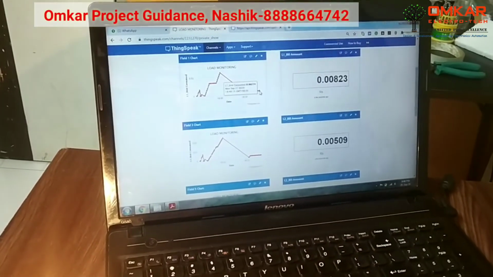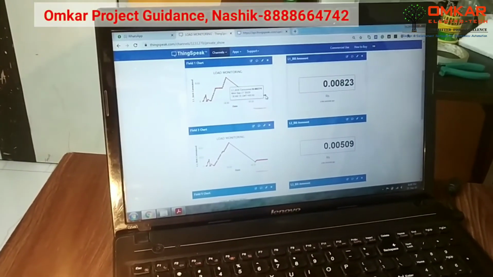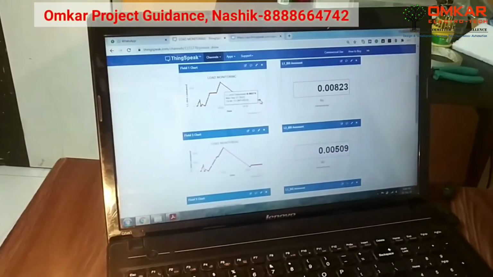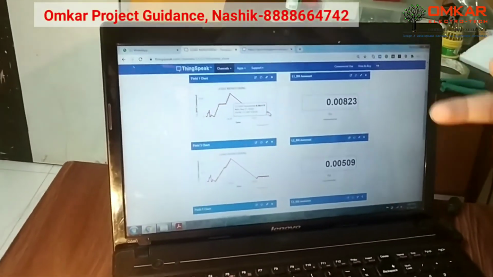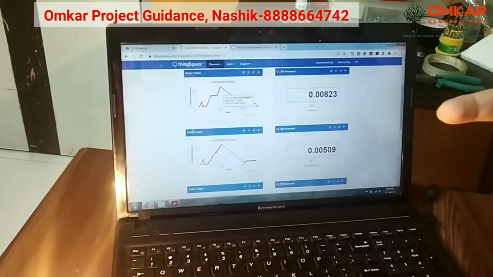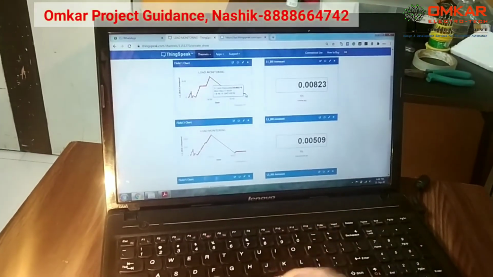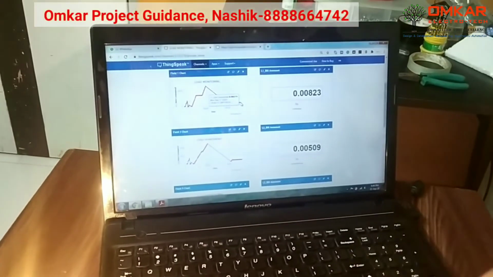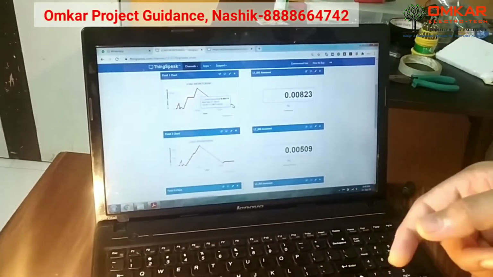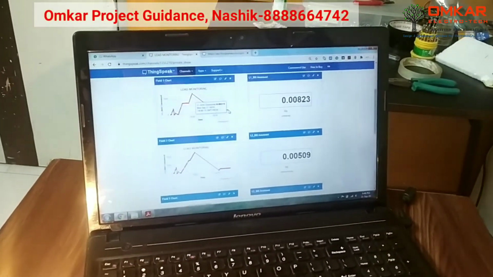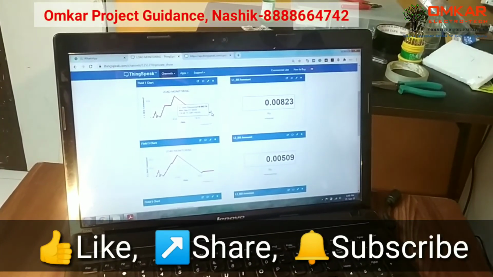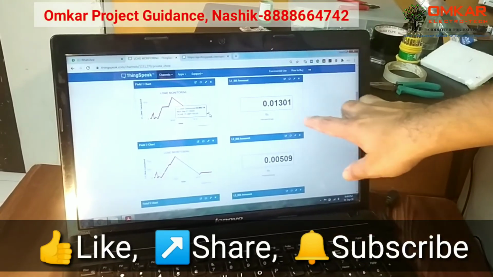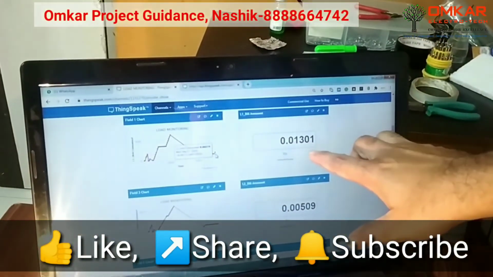This updating process takes time because there are 3 steps. In the first step, all the 6 values are sent to the web page. In the next stage, the switch status is read from the web page, and in the next step, the status of the next switch is read from the web page. So it takes 15 seconds after every step. So the next value is updated for this load.